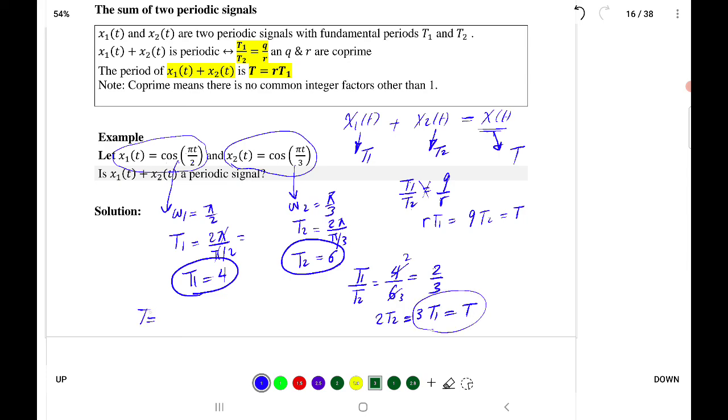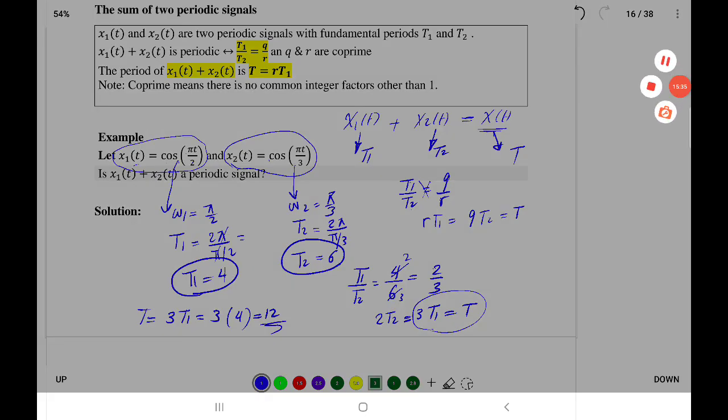T is equal to 3T1 and T1 is equal to 4, so 12. So it means if you are adding x1 to x2, the resultant signal has a period equal to 12. And that's it for the periodic, and we'll